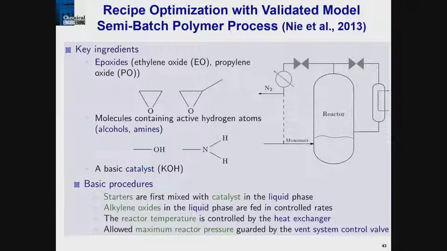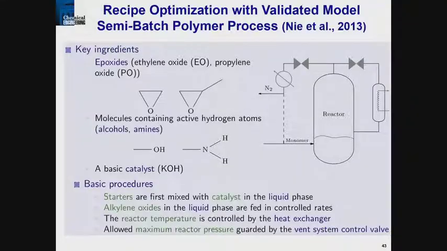So this is a process that makes polyols. If you're wondering what a polyol is, it's a polymer that's made out of very reactive monomers, and it's used to make polyurethanes. Everyone here knows what a polyurethane is because you're sitting on it. It's foam. It's made by a very large manufacturer of polyurethanes, and this is the process. You start off with epoxides, molecules that look like this, and you react them with alcohols, with a potassium hydroxide catalyst.